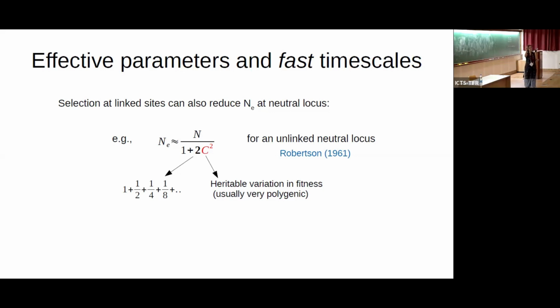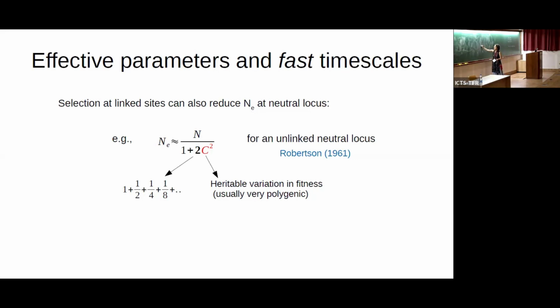a neutral allele finds itself on a highly polygenic background which is fitter than average, and if this background is fitter than average because of many small effect alleles, in the next generation this allele will be transferred to another background which will be roughly half as fit, because it only gets half of the parent's genotype, and so on. So you have this formula, but effectively what's happening is that these allele frequency fluctuations are larger, and they're also a bit correlated.